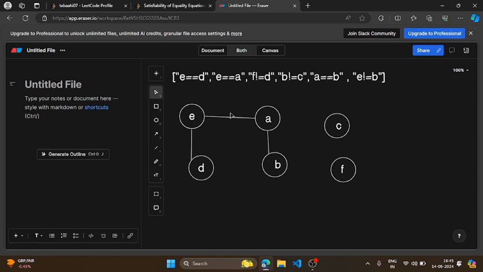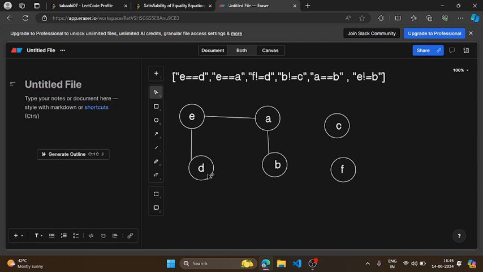So now, how can we simply find if a node is reachable from another node in just some constant time, right? Because if I talk about the DFS algorithm, suppose I'm asking, can I reach D from B, right? So I will just simply start from B, I will move to A and then E and then D. If it is possible, then I will return true, right? So you will have to traverse the entire graph to check if it is possible for me to reach or not.